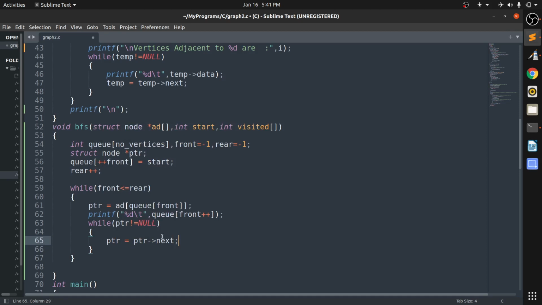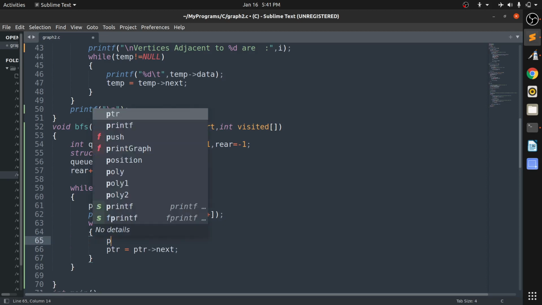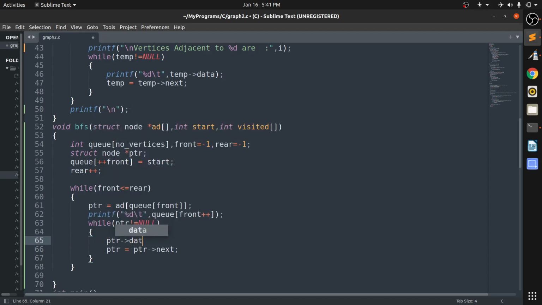Okay, so it is going like that. So ptr is equal to ptr dot next. First time the ptr is ptr of q of front. Okay, so now I have to just add the ptr of data into the queue of rear. Okay, I think you are getting it.